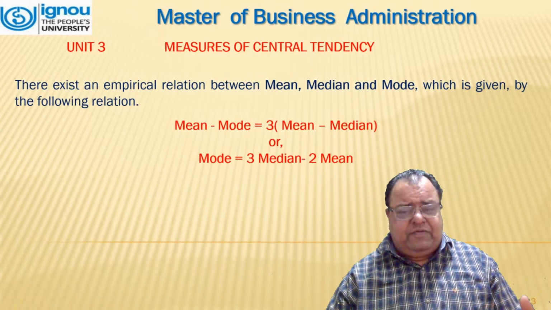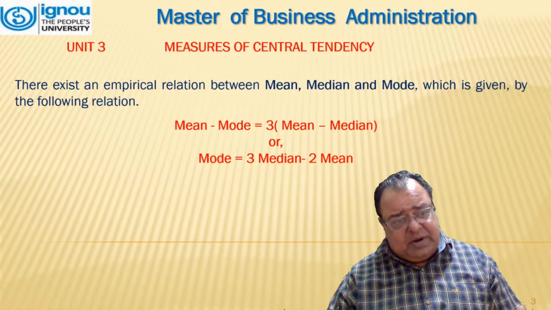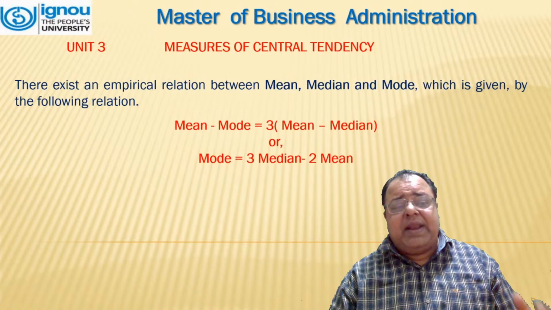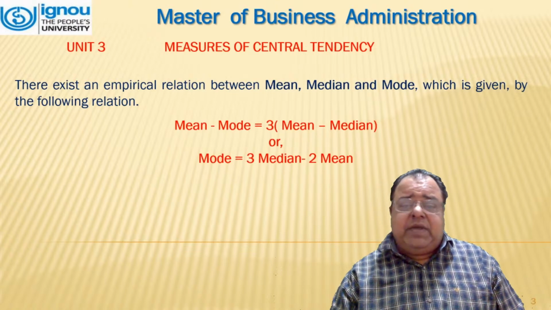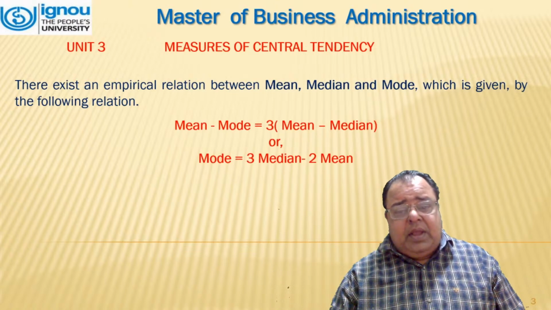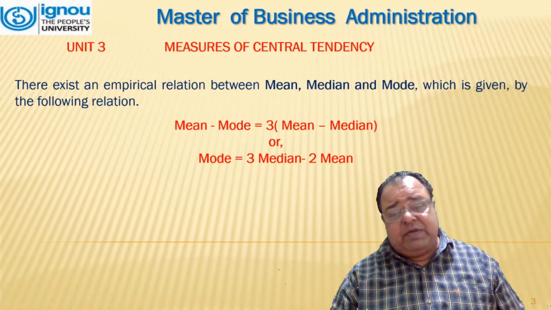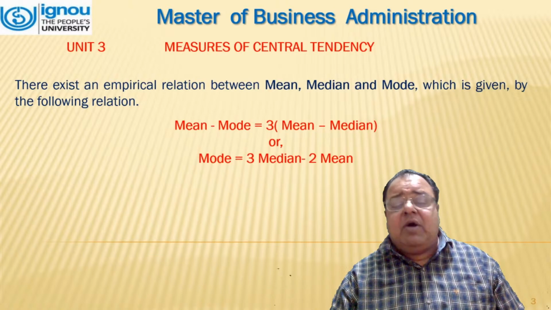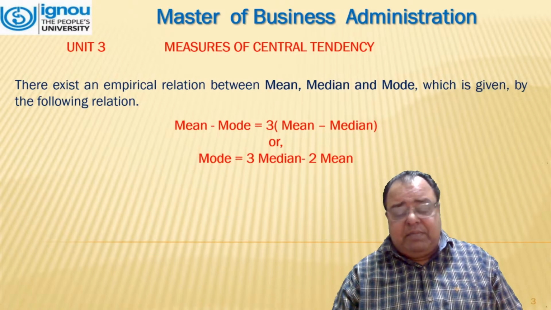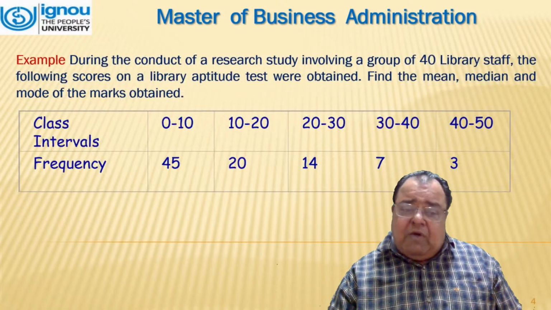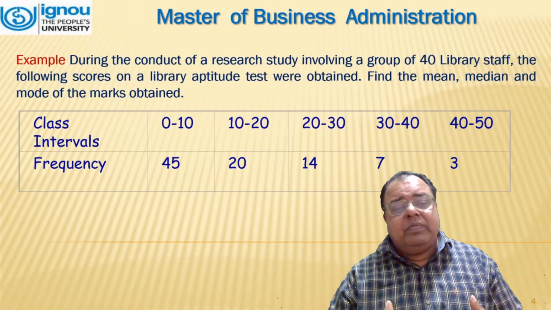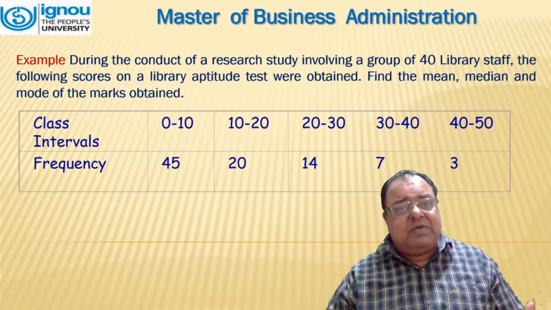a knowledge of mean, median, and mode. Today, we will be talking about an empirical relation between these three, which is mean minus mode is equal to 3 times the difference between mean minus median. Or, easy to remember, it is mode is equal to 3 median minus 2 mean. Now we will see how these relations and formulas are used